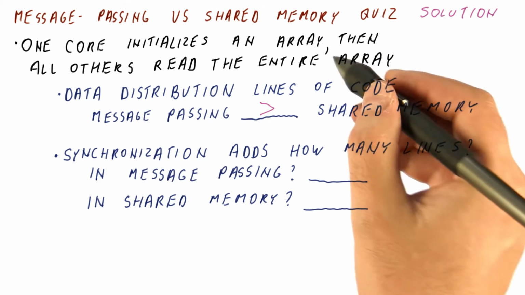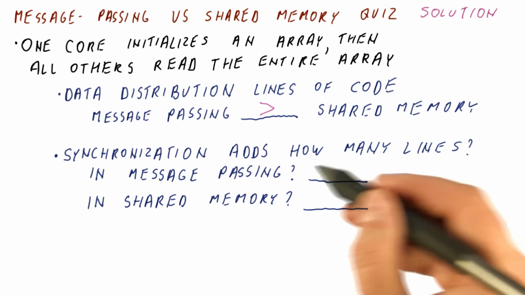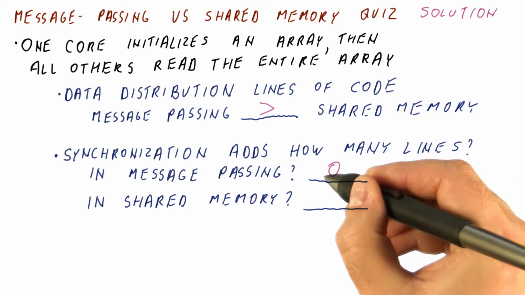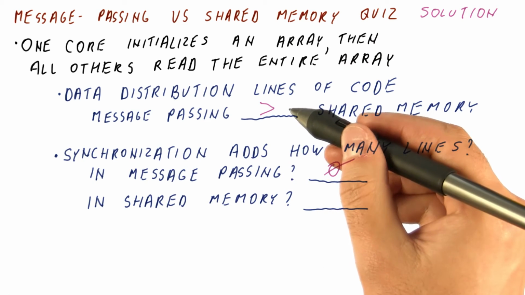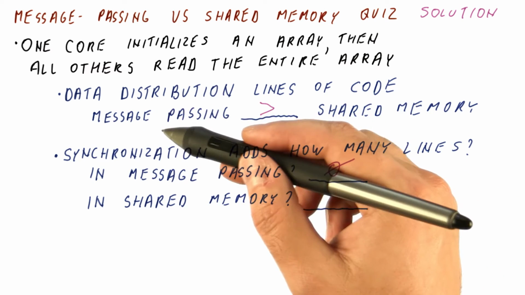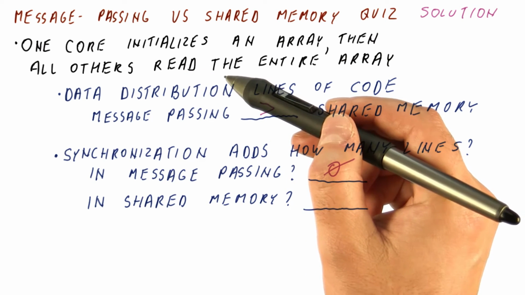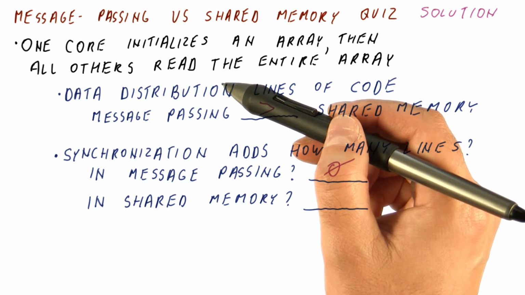Synchronization that makes sure that the array is initialized before we get to read it adds how many lines of code? In message passing, it adds 0 lines of code, because the sends and receives that we needed to do to distribute the data already ensure that until we receive the array, we cannot read it. So when we get to read it after the receive, we know that it's been already initialized because the send